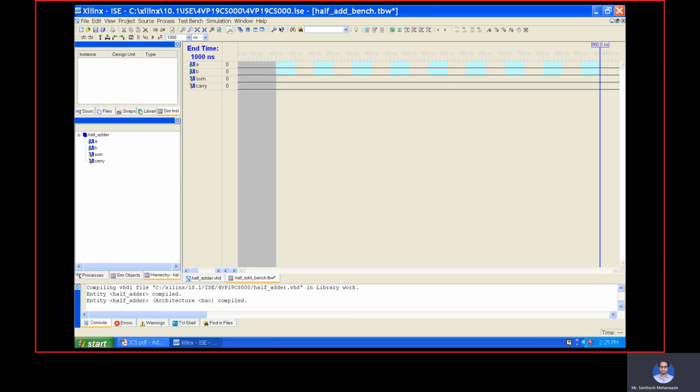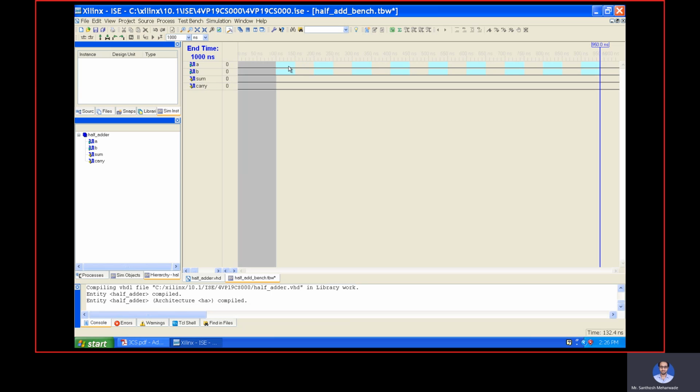Now you can see that here we have to give the input. We have to supply the A and B signals based upon low and high, that is 0 and 1. We can see the sum and carry output.